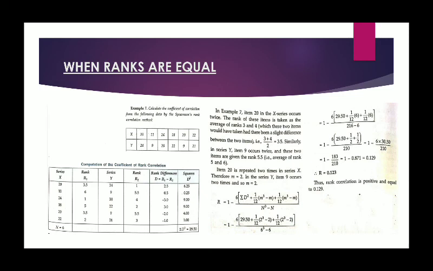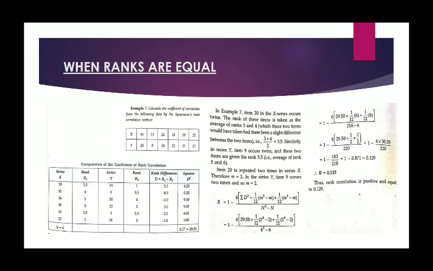So that is, there is equal ranking. Obviously, when we will rank them, there will be the problem of equal ranking. Then how will we solve that? See the table. In the table, series X is written. Then when you will start ranking them, the highest one is 24. So rank 1 will go to 24. Second highest is 22. So rank 2 will go to 22.